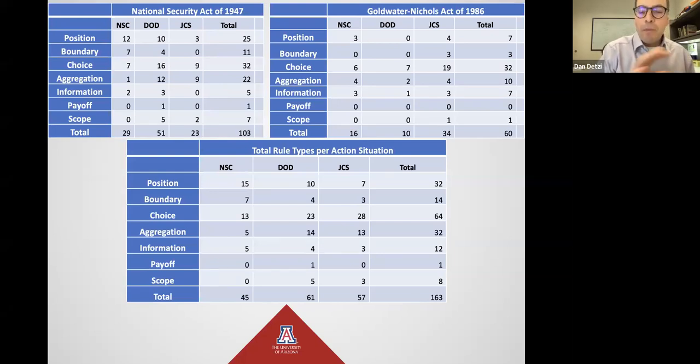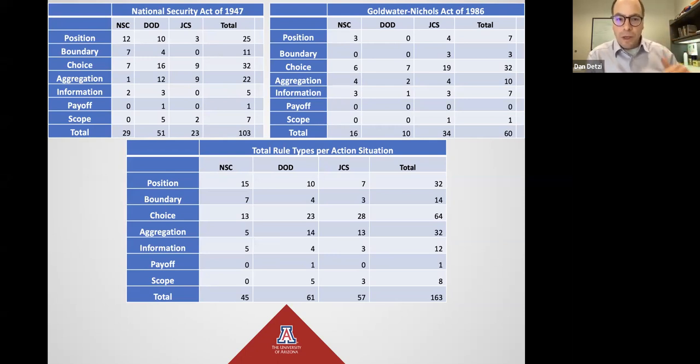This is tabular, kind of just initial data that I looked at. On the top, you're going to see the National Security Act of 1947, and the top right, the Goldwater-Nichols Act. So the Act of 47 has 103 total rule types, with the Goldwater-Nichols adding an additional 60 to those. And again, I'm only looking at the NSC, DOD, and JCS, not the other